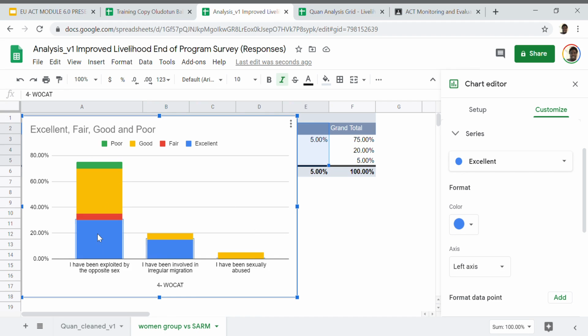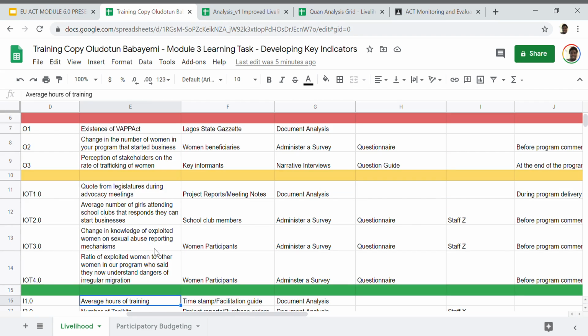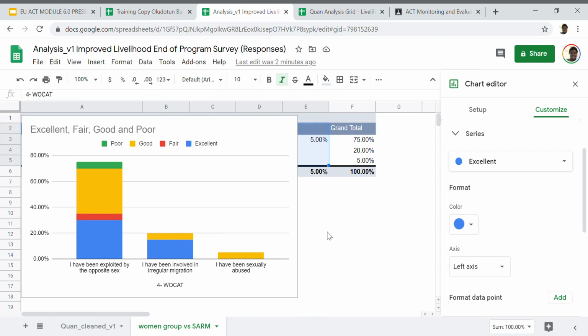So this shows you, this addresses your indicator that you already have, let's see where that is in here. Yes, so in here addresses this, right? And I can put that in my findings, then using the percentages as well. Exploited women versus irregular immigration danger. So if we have forgotten